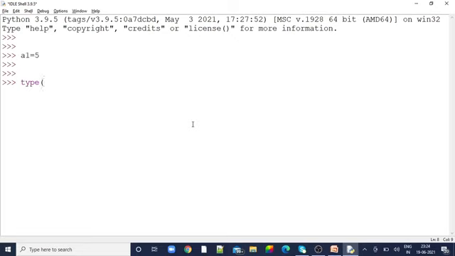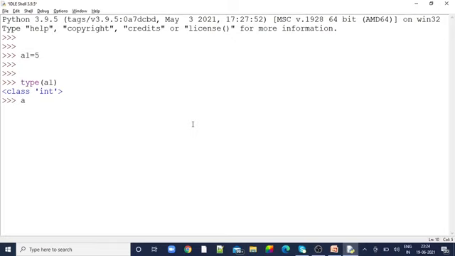Whenever we define a variable, it finds out the type based on the value. If we want to specifically define the type of a variable, we can use the concept of casting, which I'll explain. So I give type(a1), and it tells us its type is int.